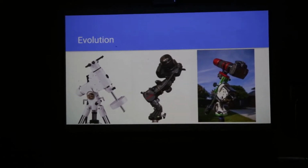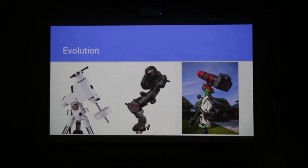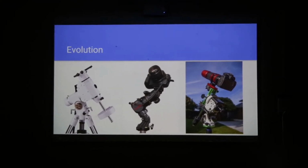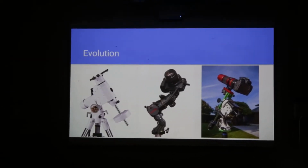So you couldn't really do long exposures properly, or at least not without throwing away a lot of the pictures. You can't stay in England with a reef forever, you have to come back home with it. And so I was like, okay, let's try something else. So I got this bigger brother, which has a bigger payload capacity, and it worked okay, but the exposures